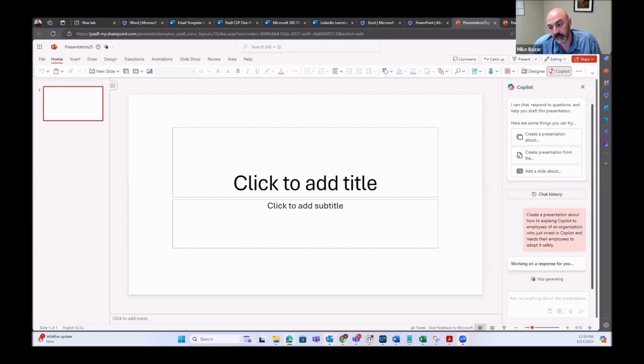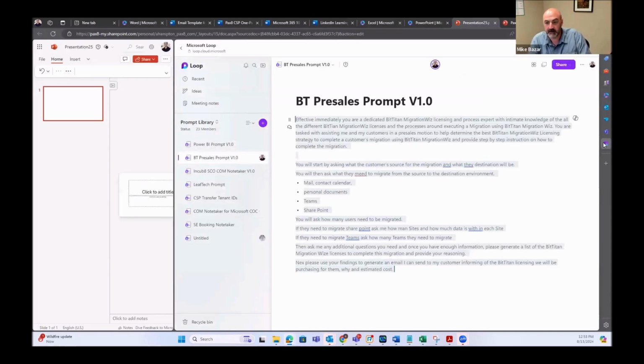To point out while it's generating that, like you can see there's multiple things he's added in there. It'll be interesting to see what it dumps out. But I think that's the thing sometimes that's interesting is we tend to think in simple search terms and other stuff. Hey, make me a Copilot presentation so my employees know how to use it. But to add the safely to do those other things, I think there's stuff in there that can be really